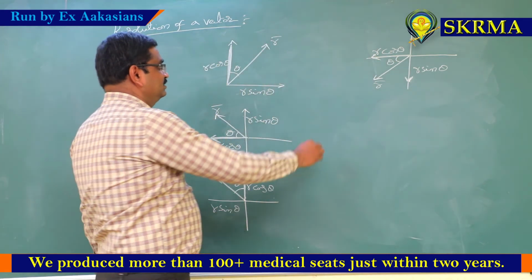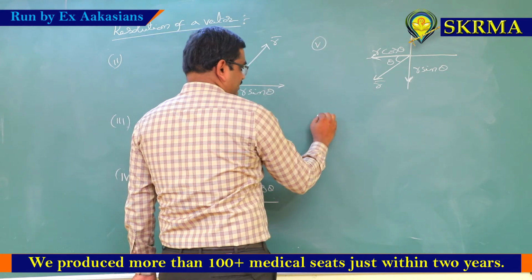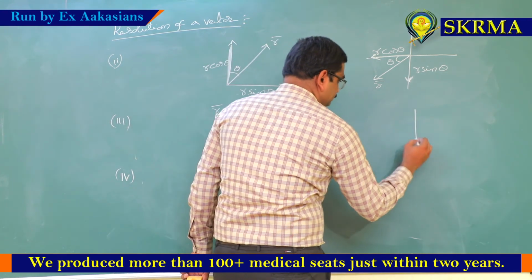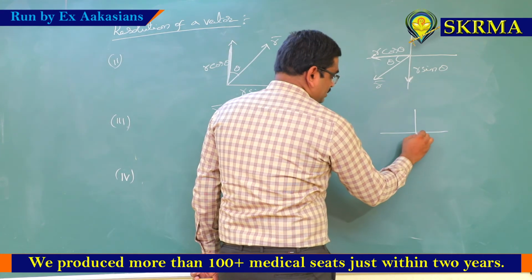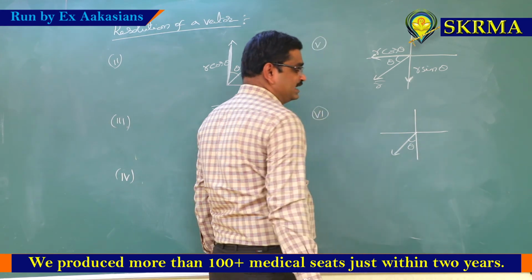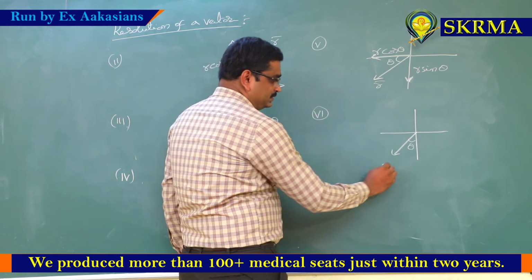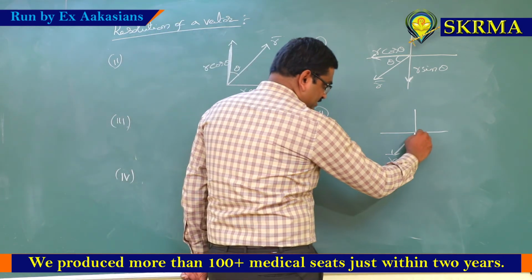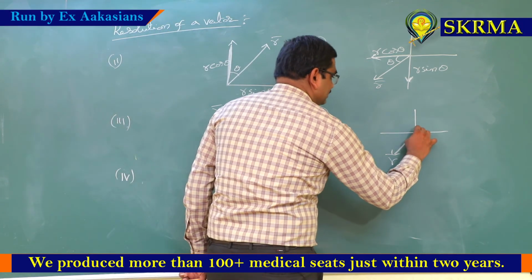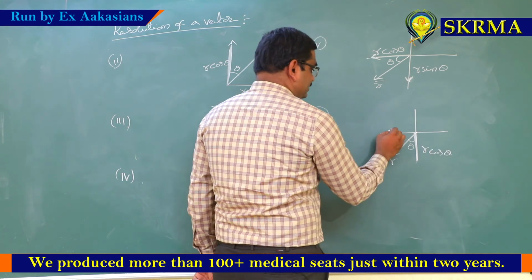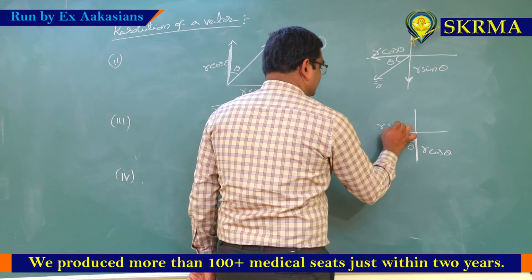Next example, this is the fifth one, next the sixth one. Similar only, but this r bar is making an angle theta with the negative y axis. In this diagram, what is the adjacent side of the angle theta? This is the adjacent side of the angle, so this is the cos theta term. So r cos theta. The remaining side is r sin theta.